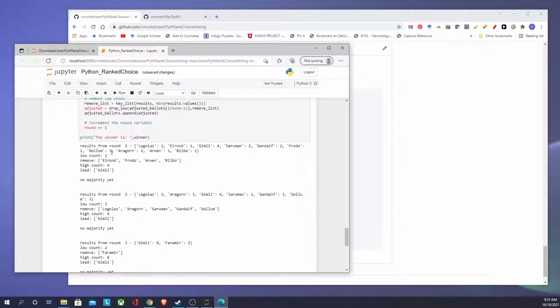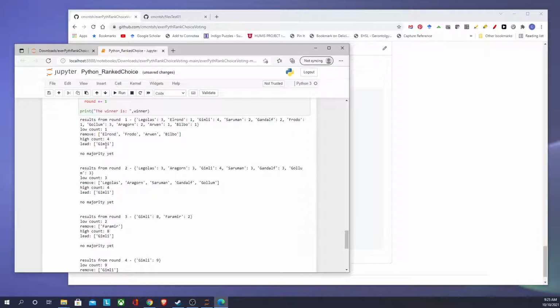So I kind of wanted to follow it through, so you'll see we have some results from the first round. Here is our list of candidates and how many votes each one received. We see several had only 1 vote, so that's the list that we're going to remove. Somebody had 4 votes, and that's who's currently leading. So then after we remove these people with the lowest number of votes,